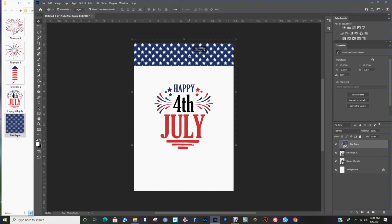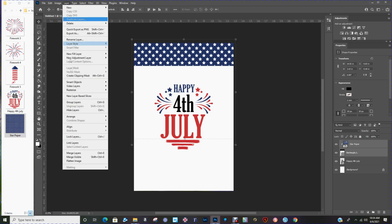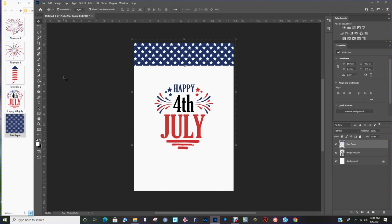So I'm going to move that up just a little bit, then click OK. Now I'm not going to make any more changes to this layer. So what I want to do is combine these two images. Just click the first one, hold your shift key, click the second one so they're both selected, go up to layers and say merge layer. So now that will all be one piece because I want to duplicate that and put it to the bottom